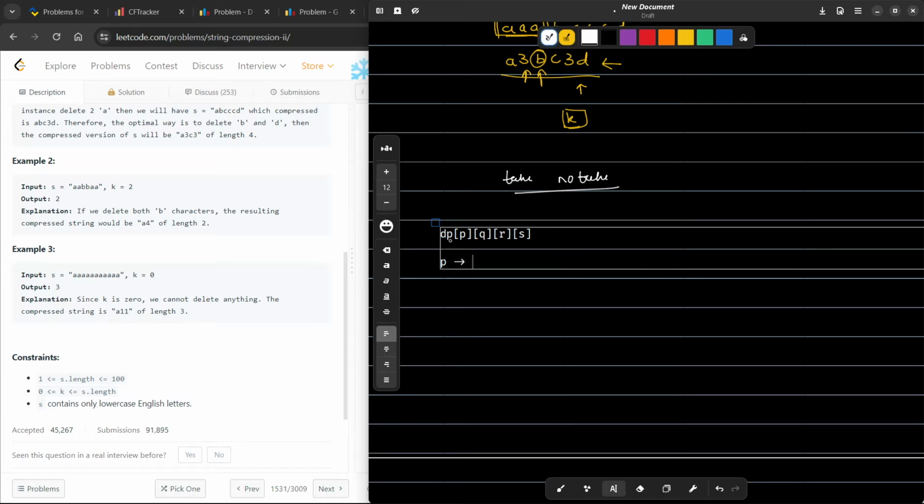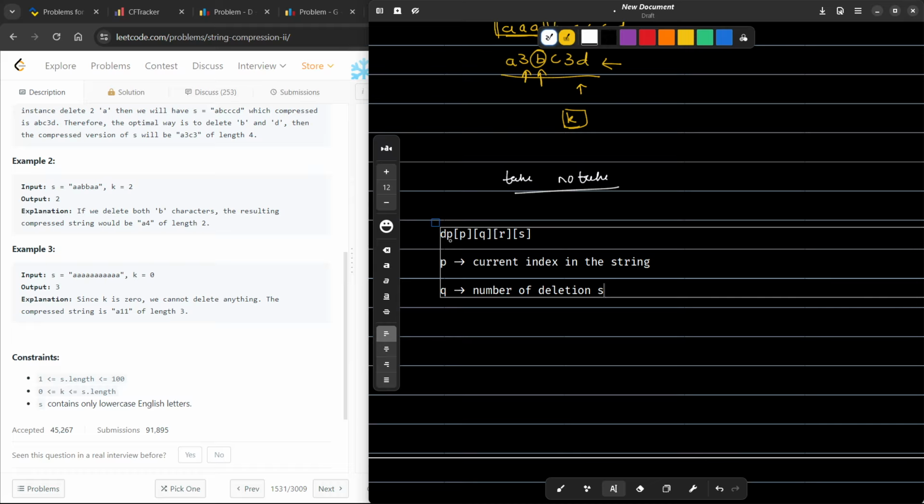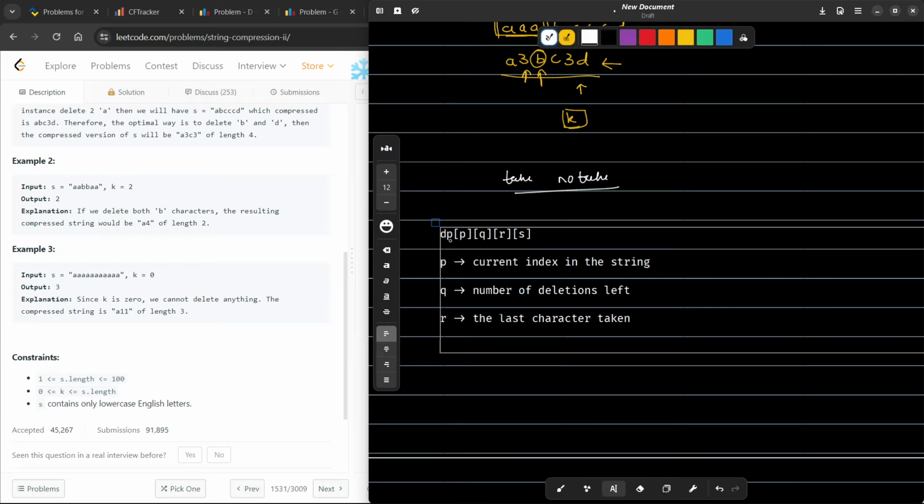So what are these P, Q, R and S? This is a 4-dimensional DP. First of all, P is denoting the current index in the string, right? My Q is going to denote the number of deletions left, and R is going to denote the last character taken, and S is going to denote the count of the last character taken, right? So my DP of P, Q, R and S is going to denote the answer for the string